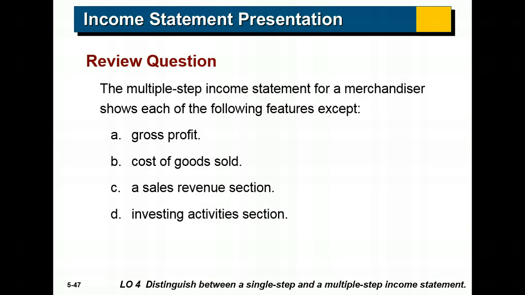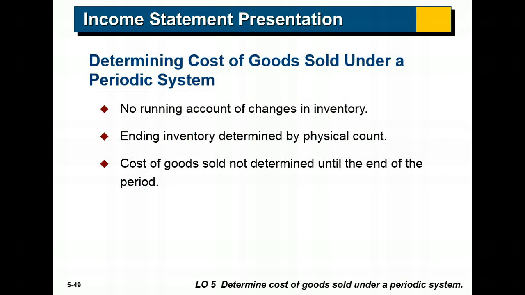The multiple step income statement for a merchandiser shows each of the following features except gross profit, cost of goods, a sales revenue, or investing activity section. Where does that come from? That's a cash flow statement item. So you're correct. Now what we're going to do is look at how it is different under the periodic